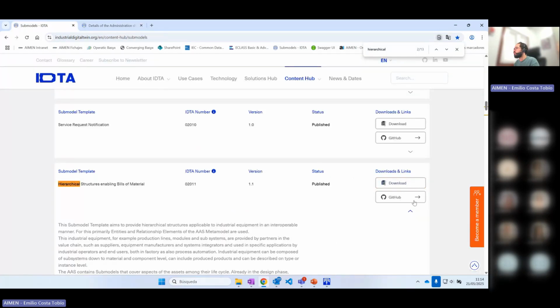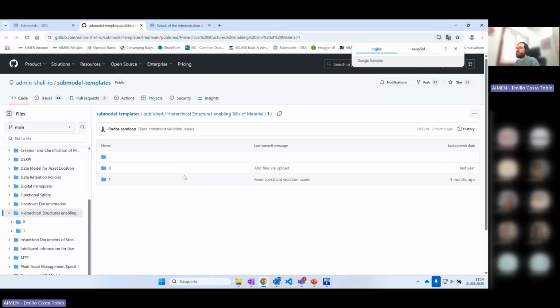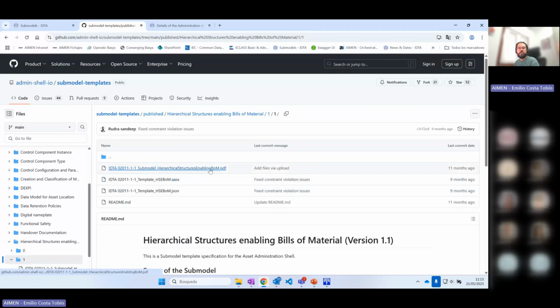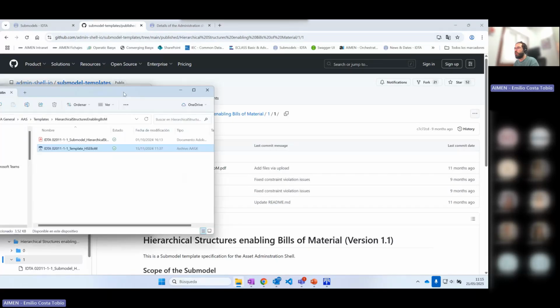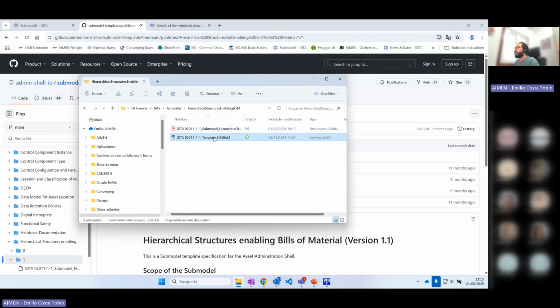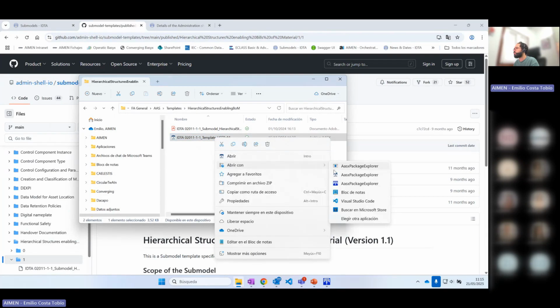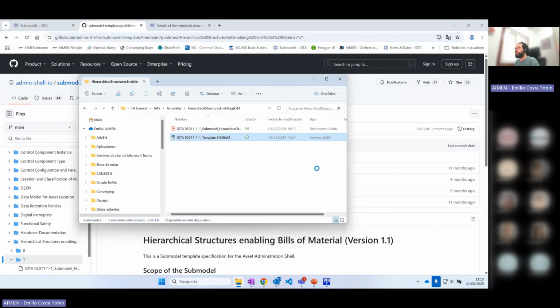Besides the document, we also have a link to a GitHub. This link goes to the GitHub, and here, for example, in this submodel, there are 2 versions. In the latest version, the PDF is also here, but you also have an AASX file with the template. So here you could download this. I already downloaded it. If I open it, I have it here with the PDF and the AAS. And if I open it,